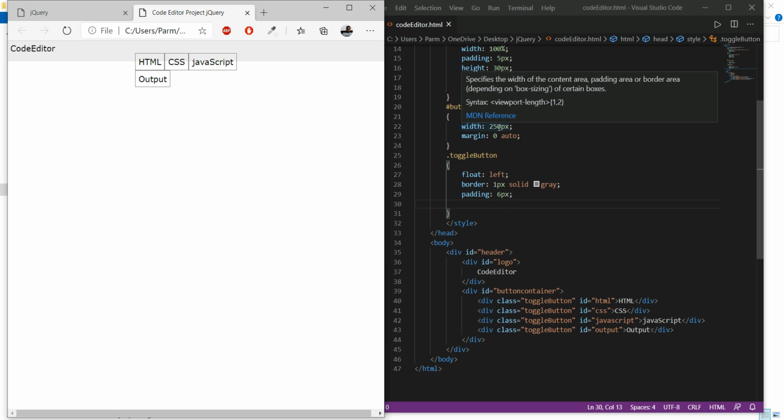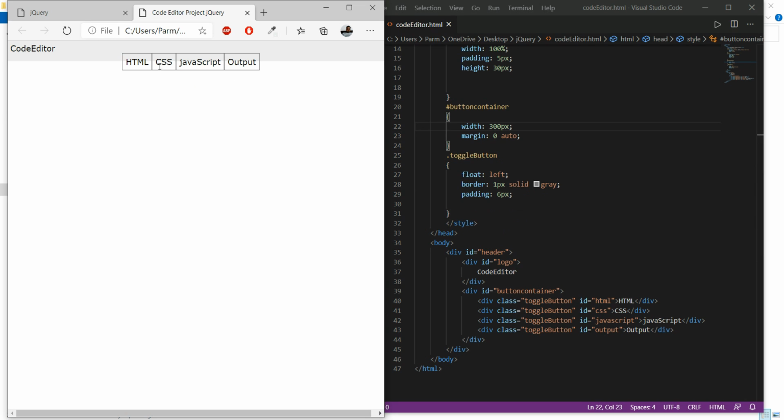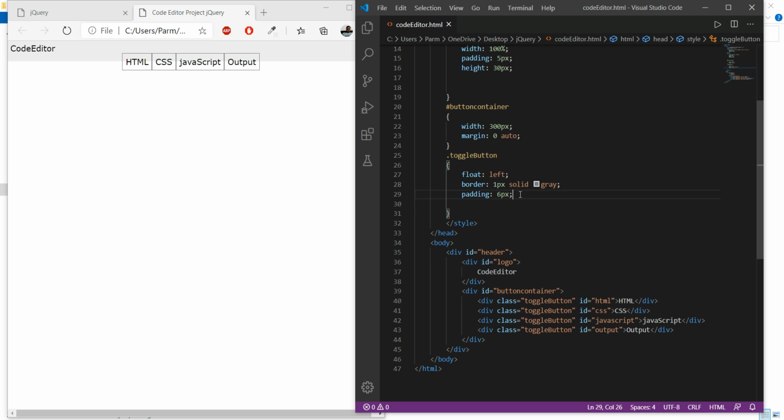So here we have to increase its size. So I'm just taking 300 pixels. Yeah, it looks somewhat closer to this. Then if you see the border at this point, it's a double border. So here we just wanted to remove the border.